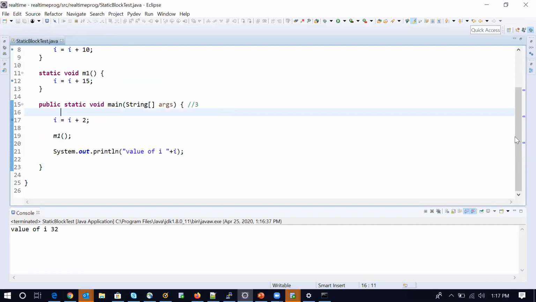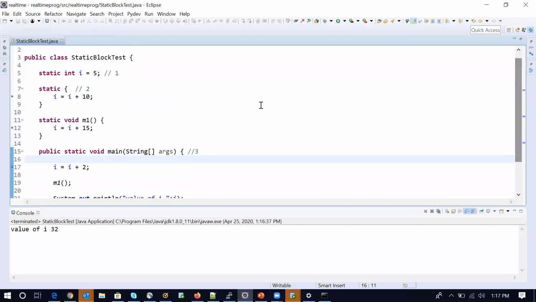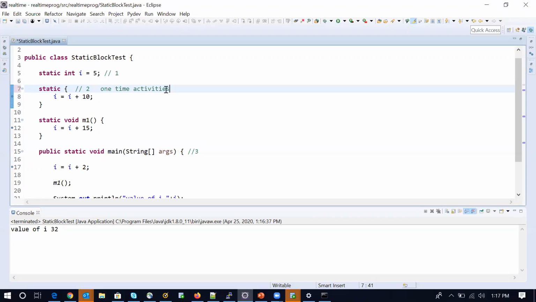Now let me explain what is the real-time need of a static block. In which situation do we have to use a static block? This is again very important. Static block is mainly used to perform one-time activities. What is meant by one-time activities?